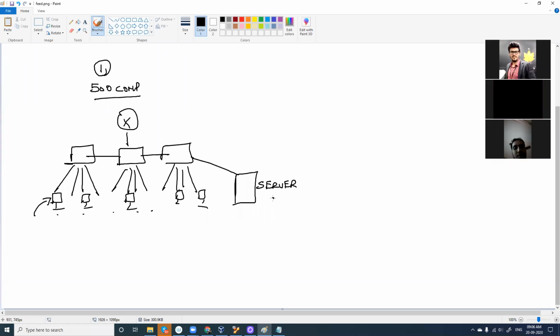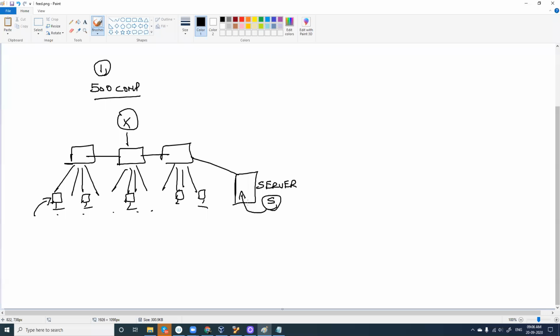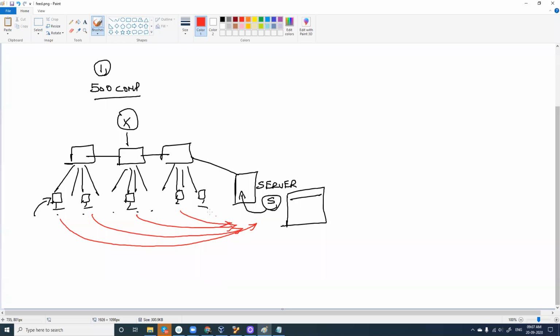In case I have Splunk installed in the server, it can act as a one-stop solution, wherein from this console window, I'll be able to manage, or forward, all the traffic from all the computers. All the log files will be forwarded to the server here, and Splunk is going to help me find out what type of log files I have and how I need to work with them. So this can act as a one-stop solution.